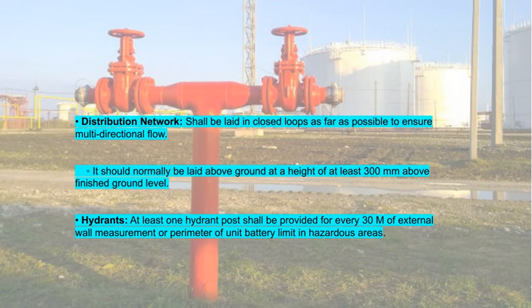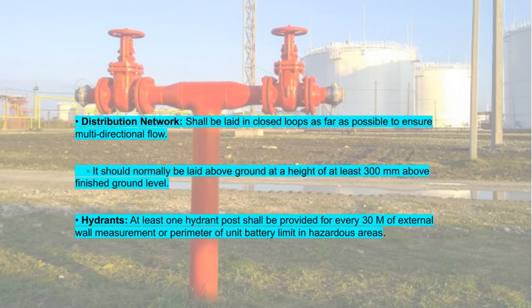ensuring continuous operation. Typically, the pipes should be laid above ground, and it's important to keep them at a minimum height of 300 millimeters above the finished ground level. This height helps protect the pipes from accidental damage and makes